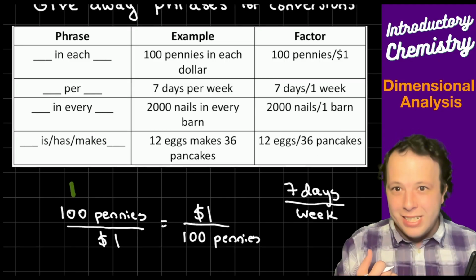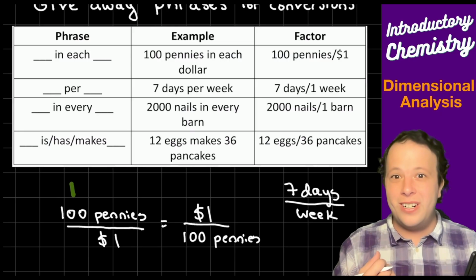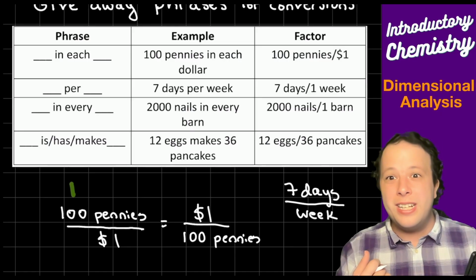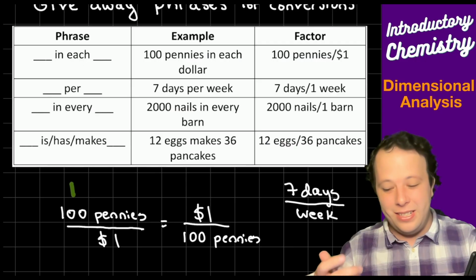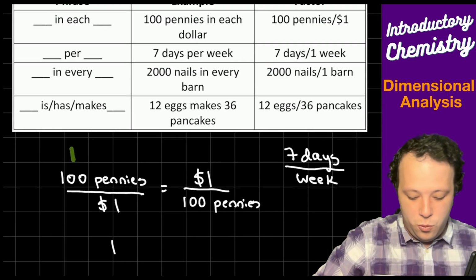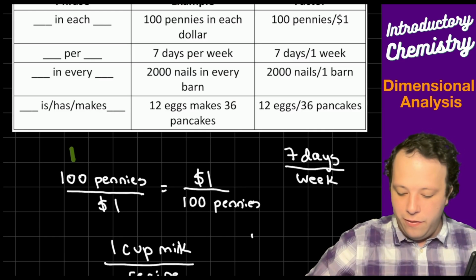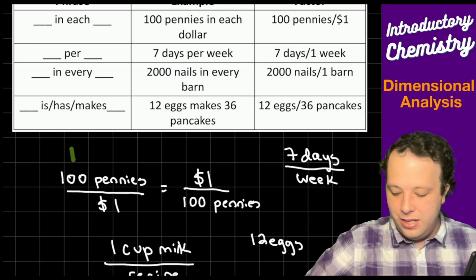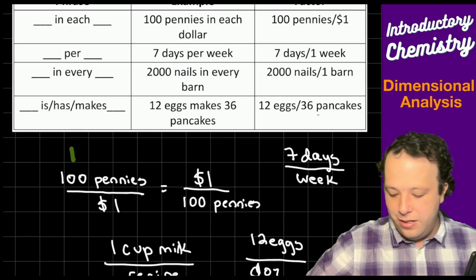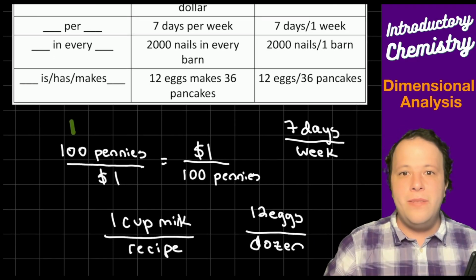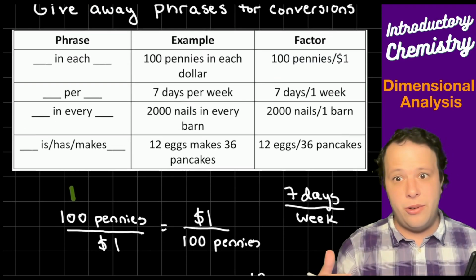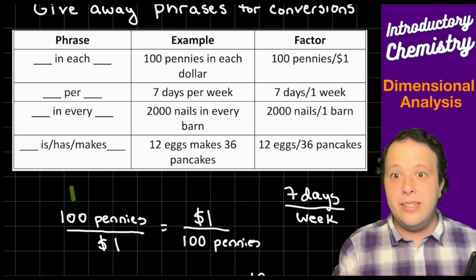Or if I ask you for recipes, right? Recipes are ratios, whether you need 1 cup of milk in this recipe. So you could say, all right, well, 1 cup of milk in, oh, I spelled milk wrong, in the recipe, right? That could be a conversion term. Or if I say 12 eggs in a dozen is a conversion term. All of these can be defined using these keywords. So write them down for yourself. Try to train your brain to finding them.